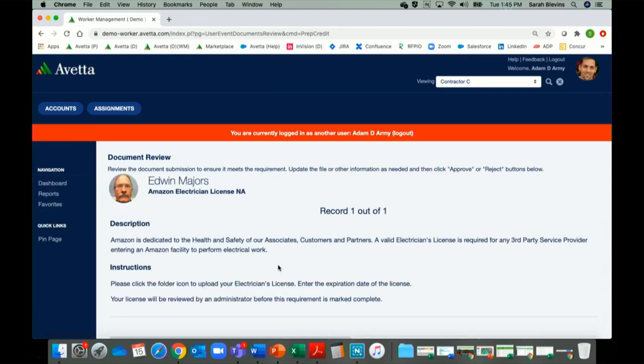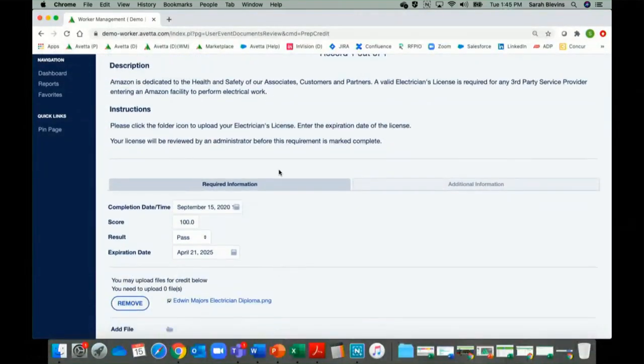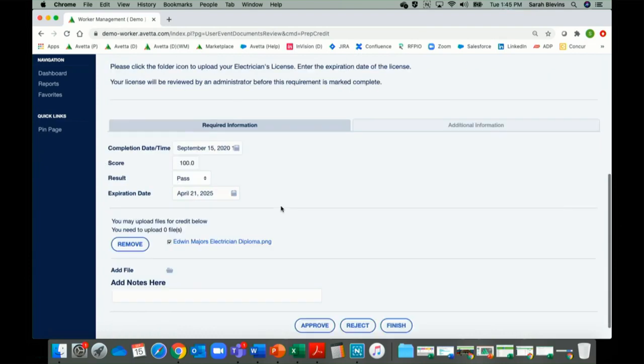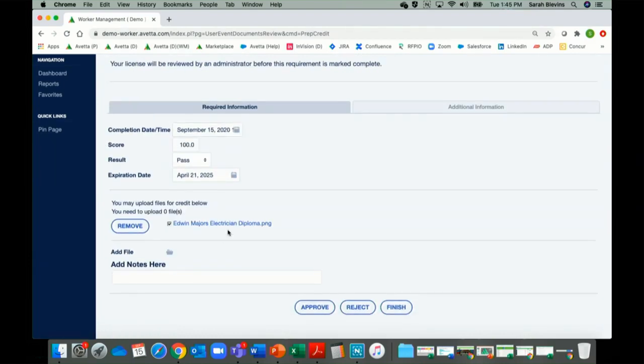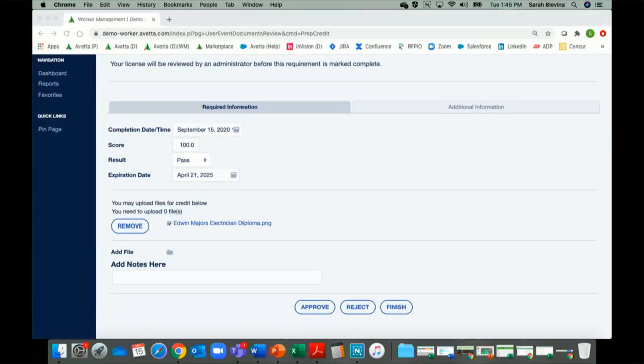And that's where I'll be able to see the details of that requirement. So what are the instructions from Amazon? What has the contractor actually submitted? I can see a copy of the document that was uploaded as well. And then I can enter any notes and approve this document if it is in fact what Amazon is looking